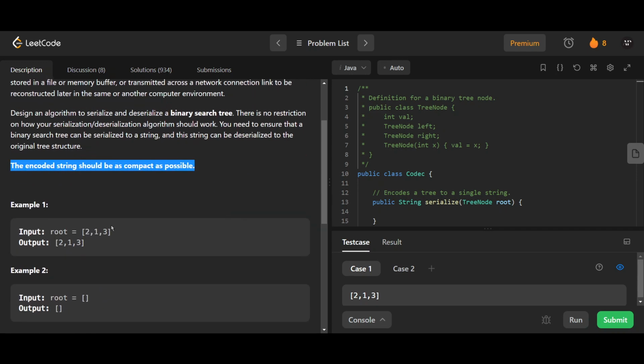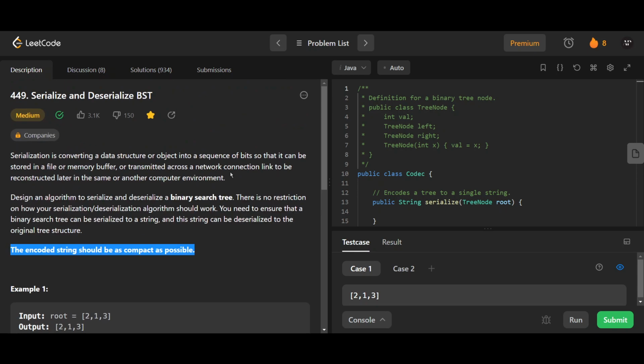And this is the binary search tree example. Now, a similar question could be asked for just any regular binary tree. How does BST change this, or BST is like a subset of a binary tree. If we could do it for a binary tree, then we could do it for a binary search tree. But the fact that it is a BST, does it allow us to have the encoded string to be more compact? That's the question. And the answer is yes,